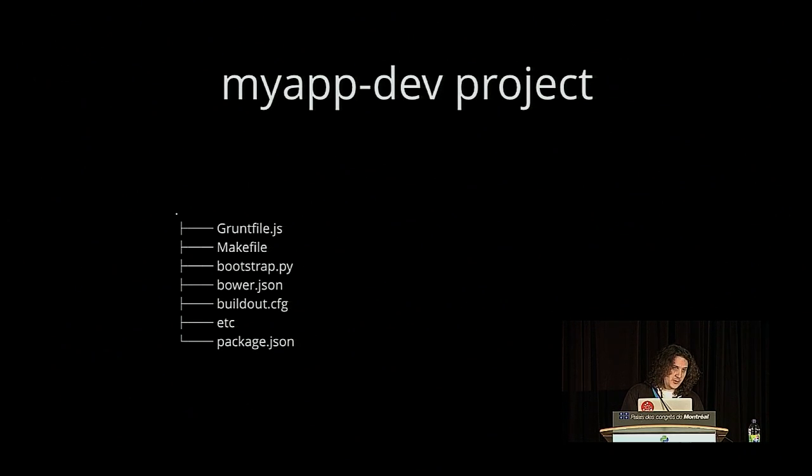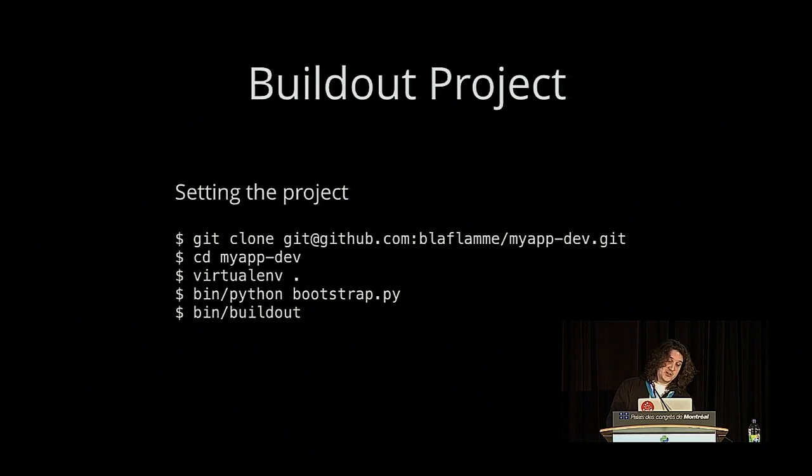So the Bower for the Bower dependencies, your JavaScript dependencies, the build-out configuration, probably an etc directory for your application configuration, and the package.json, it's for the node module package management to install, let's say, Grunt and Bower and other required libraries. Then, to set up the project, you'll have to clone that environment project, then cd your app,